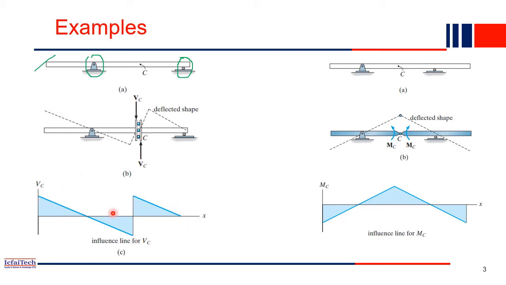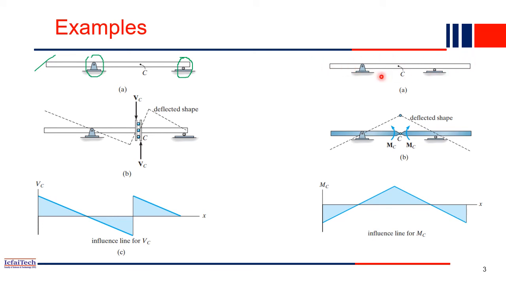Now if you employ the equations from the last class, whatever you used to find the influence line diagram, you will get the same diagram here using the Muller-Breslau principle. So very quickly we can draw the shape of the influence line diagram using this principle. We just have to release its degree of freedom, and then apply the shear force or the bending moment, whatever the question asks, draw the deflected shape, and you will get the influence line diagram of VC. Now let's see another example.